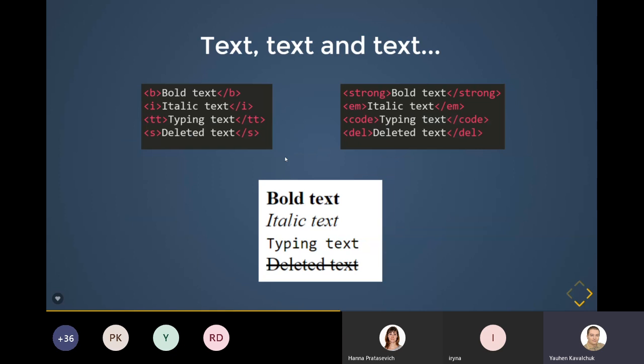Text. We talked about this on the previous lecture. And again, we have 4 types of text. We have bold, italic, typing, deleted text, and we have 8 texts, I would say, to describe the result the same for this text and for this one. But when we use B, I, TT, and S, we don't put any logical meaning in this text. Just bold, just italic, just deleted. But if we use strong, em, code, del,